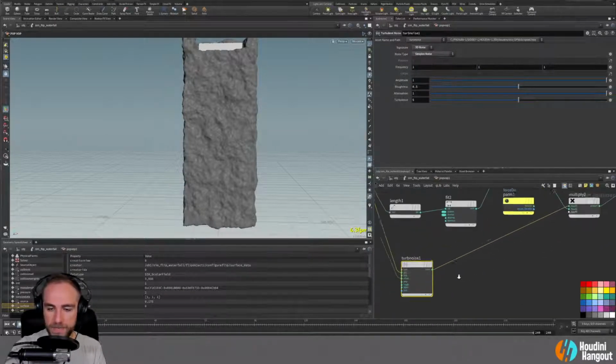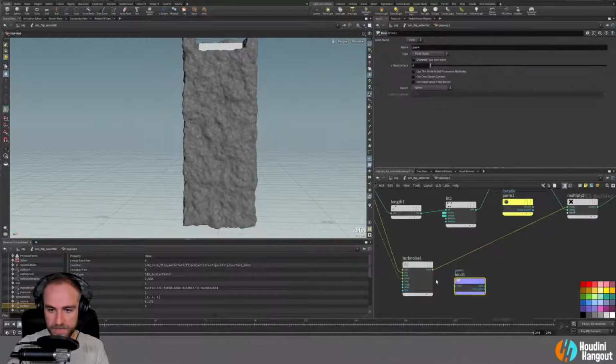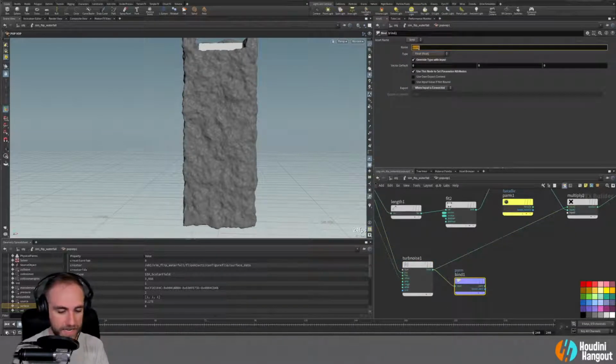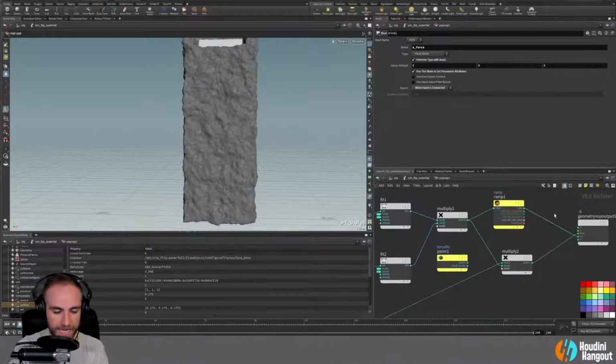What I can do here is I'm going to bind export this, and give this a name, just something like force, so it shows up early in my geometry spreadsheet if I want to look for it. And I'm going to unconnect